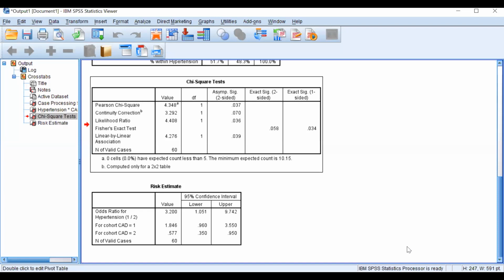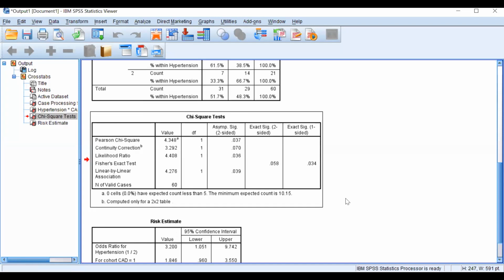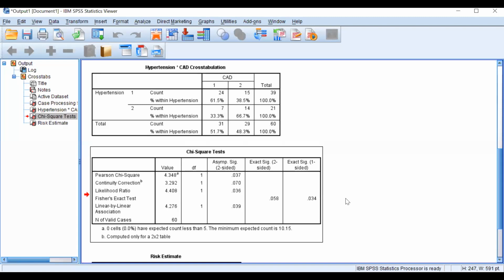The third is regression analysis. If you have a 3-category dependent variable, then you have to go for a multinomial regression or something like that. If the dependent variable has 2 categories, then you can use logistic regression. So you will get exact odds, which will answer your research hypothesis. In chi-square, we are not looking at causation or the strength of association. We are just testing the hypothesis whether there is an association or not.